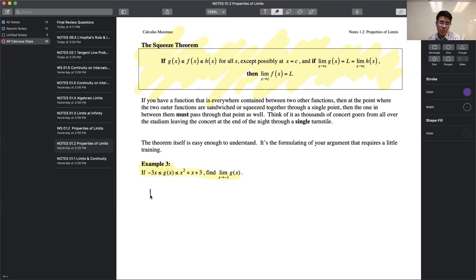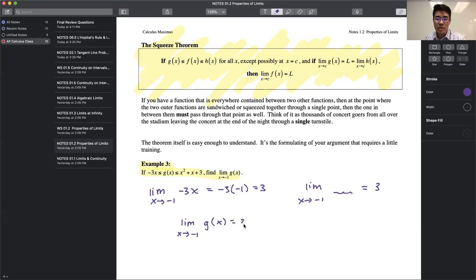If you were to write this out and do it the way they want you to do it on the calc exam, you do the limit as x approaches -3 of 1, times -1, is equal to 3. So the limit on the left side is 3. We're going to do the limit on the right side, and I'm just going to skip it and tell you that it's equal to 3. And so if you're going to write your explanation on the test, you need to say that the limit as x approaches -1 of g of x is equal to 3